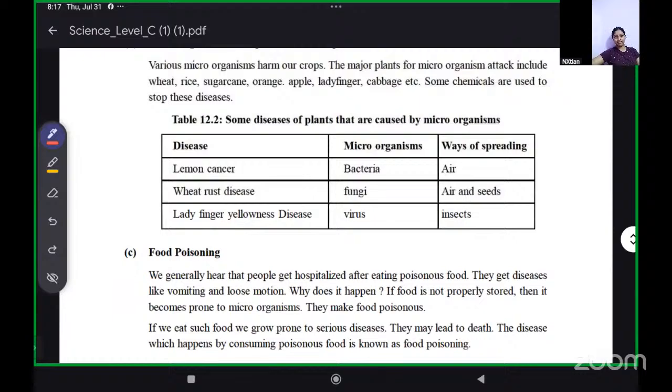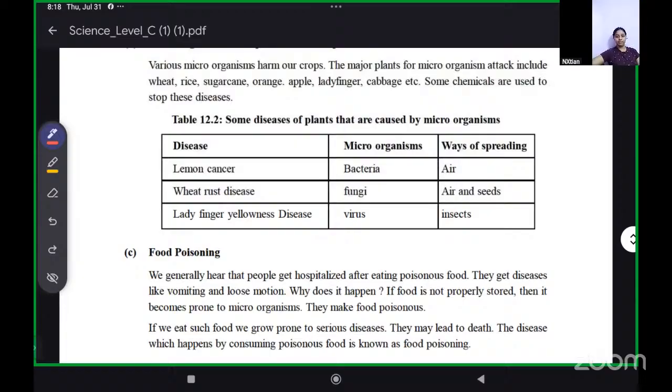Ma'am, can I say something about food poisoning, ma'am? Yes, Abraham. Ma'am, when I went to an ice cream parlor, Baskin Robbins, I tried this ice cream called Splish Splash. The day after, I was getting a lot of motions, and mom and dad said it was food poisoning. What ice cream was it? Splish Splash, it's a blue one.